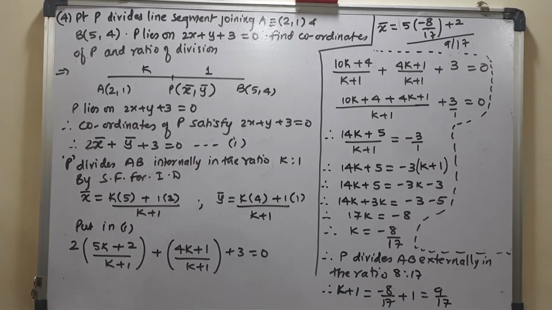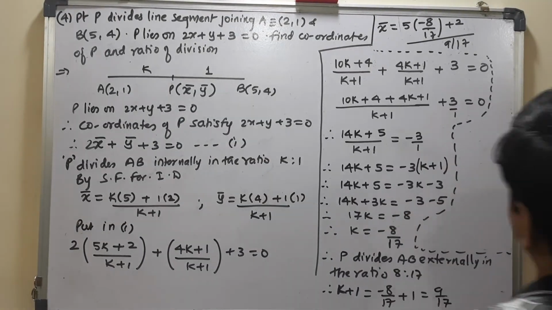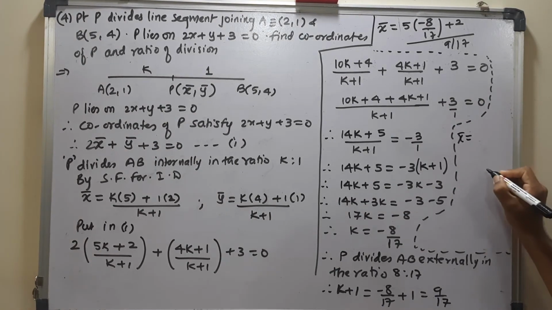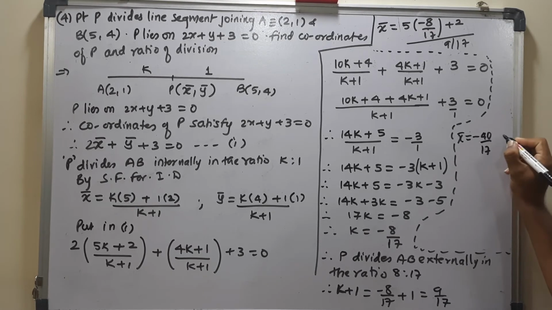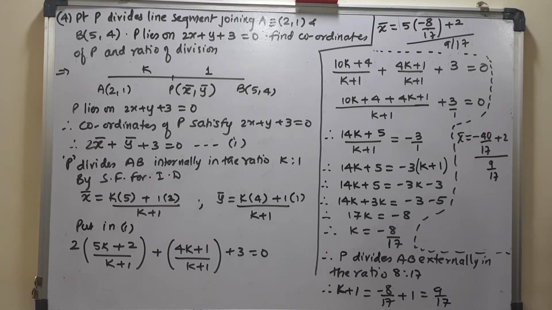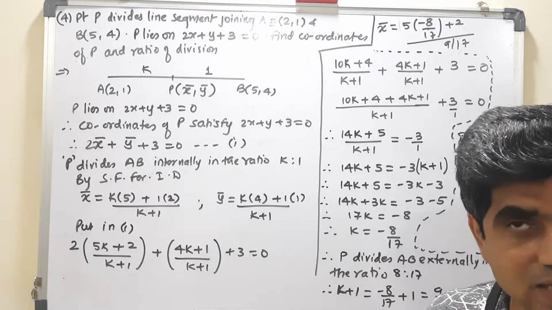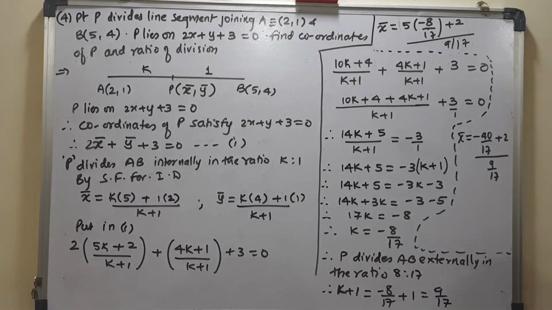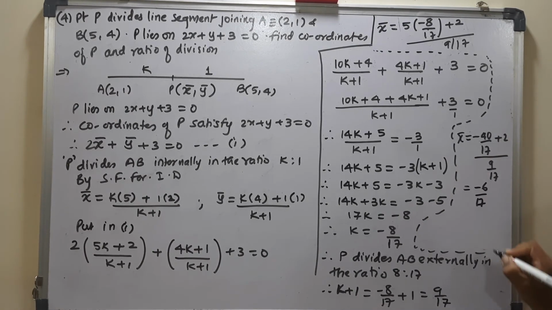Okay, I can only find x, you will have to find y. No spaces there. So here x bar will be your 8 5s are 40 minus 40 by 17 plus 2 upon 9 by 17. Agreed? So again here this is numerator. So I need to cross multiply. So 17 2s are 34, minus 40 plus 34 is minus 6. So I get this as minus 6 by 17.